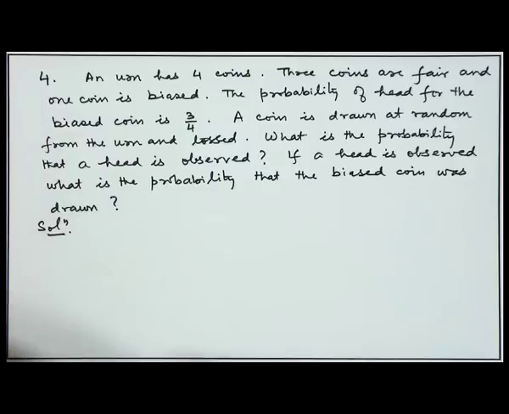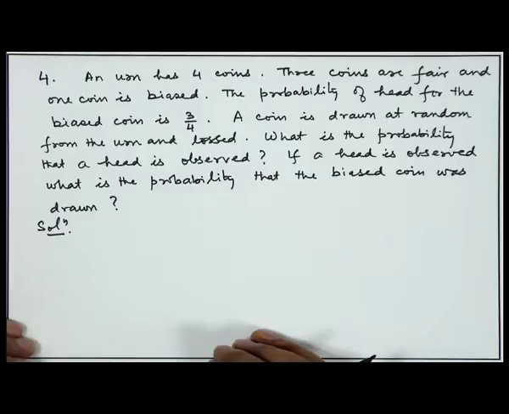Here you can see that the problem is in 2 steps. Firstly, a coin is drawn and after that the coin is tossed. So, naturally, the coin can be a fair coin or it can be a biased coin, and therefore, the probability of head will be dependent upon whether the fair coin was drawn or the biased coin was drawn. So, this is a perfect setting for application of the theorem of total probability. So, let us look at it.